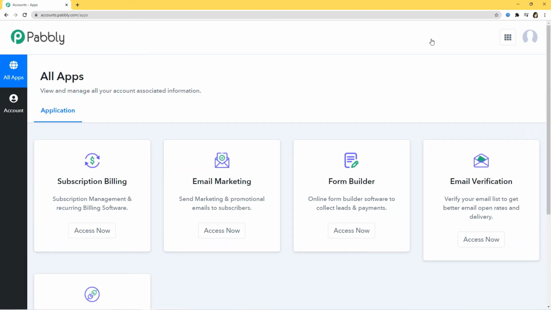Okay, so now because I've already signed into my account, that is why I am here. You can also sign up for free in just 2 minutes. Here, I would like to mention one more thing. Pabbly Connect offers a free plan where this integration can be tried out absolutely free. You just have to clone the template of the workflow. The link for the same is available in the description below the video. Once you clone the template, you will immediately get access to this workflow right in your account.